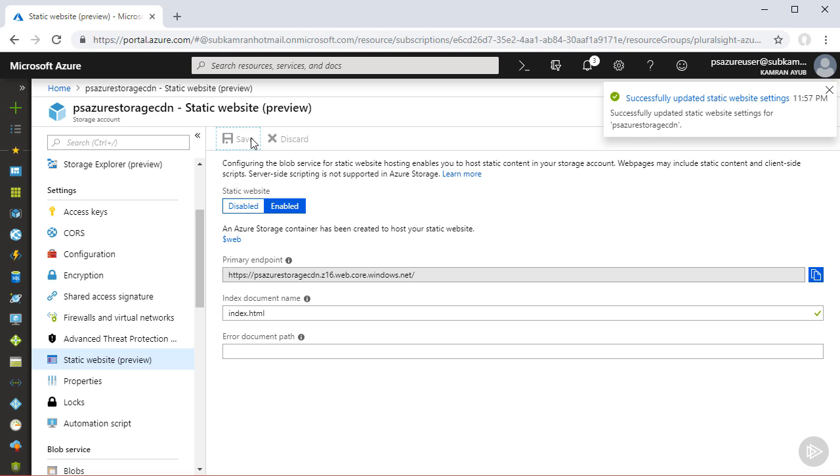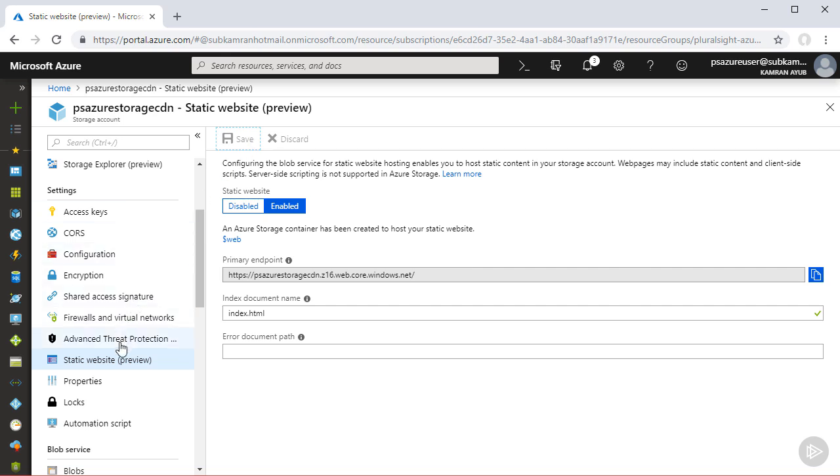Okay, a couple things happened here. It says Azure created a new blob container called $web. It also created a new blob endpoint. But how come? Well, it turns out this new blob endpoint is read-only. In fact, this is enforced by Azure on our behalf, which means we have an endpoint that is secure by default for our website. But now that we have a new blob container, we have to upload our static site